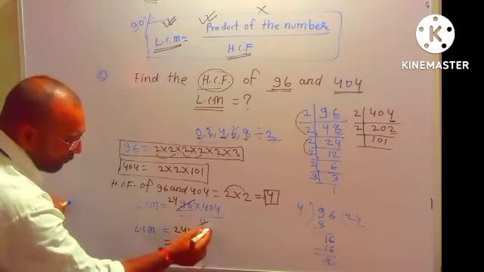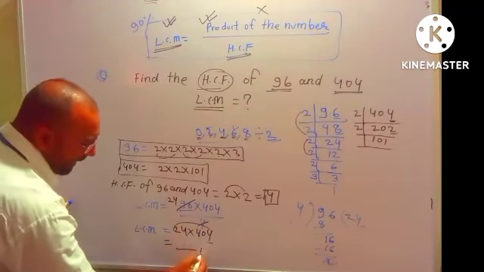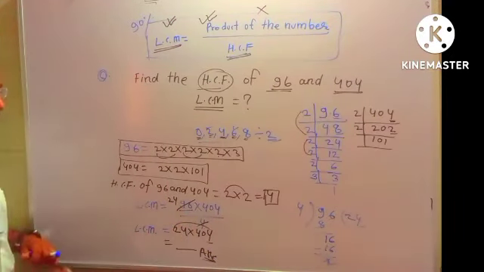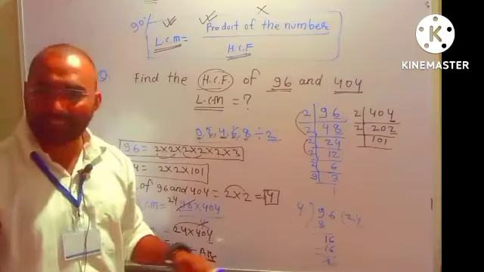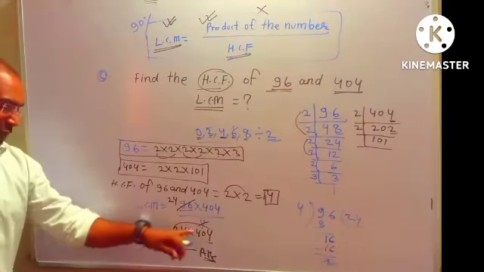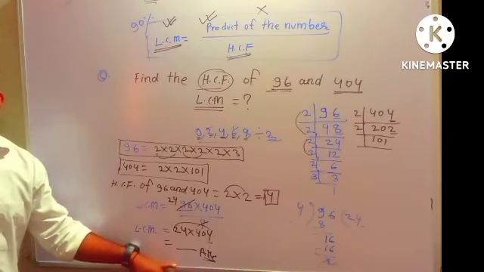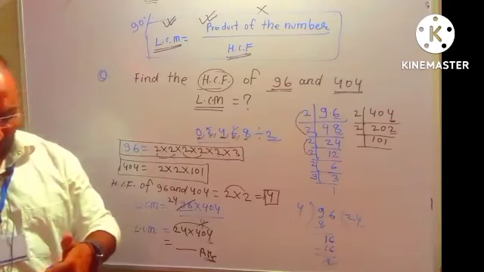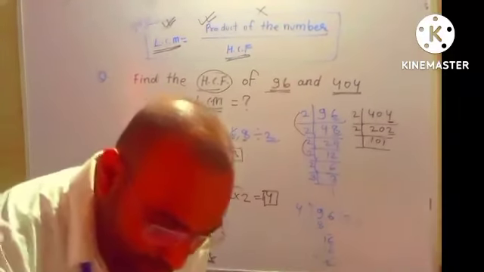Now we will have to multiply these two numbers and we will get the answer. Just multiply these two numbers and you will get your answer. Is this clear? HCF is equal to 4 and LCM is equal to, after multiplying, you will get the answer. Is the method clear, how to solve this? Confirm now? Okay, just note this down. And this one is also a very important question.